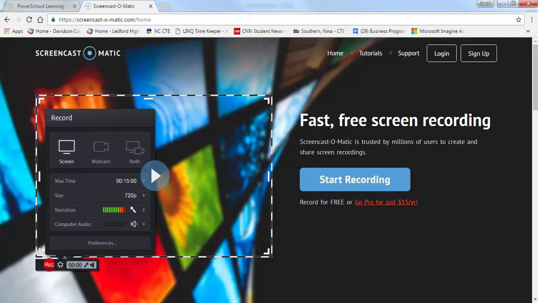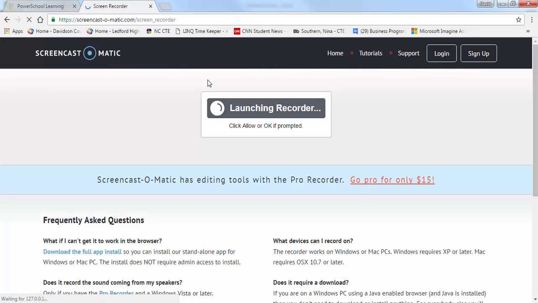So you need to point your browser to screencast-o-matic.com, and your screen should look like this. When you get there, you need to click on Start Recording. And up at the top here,